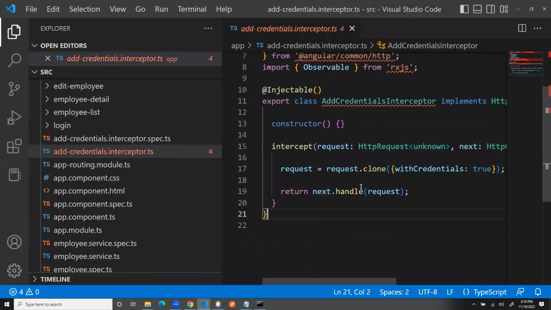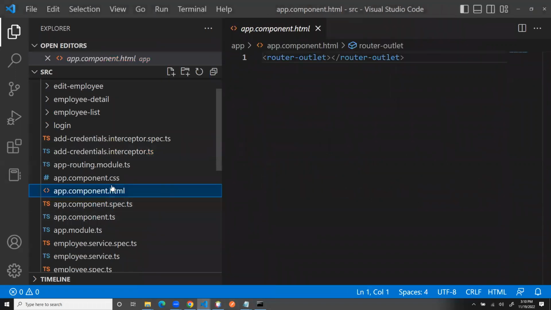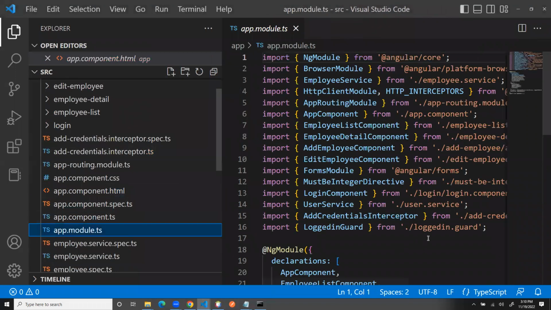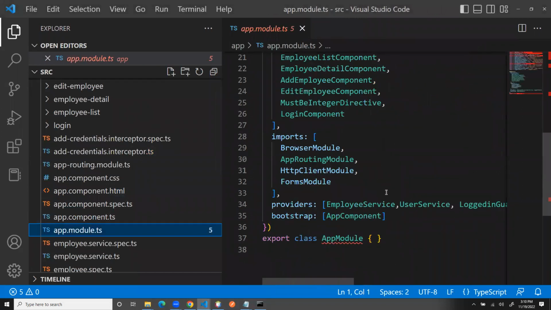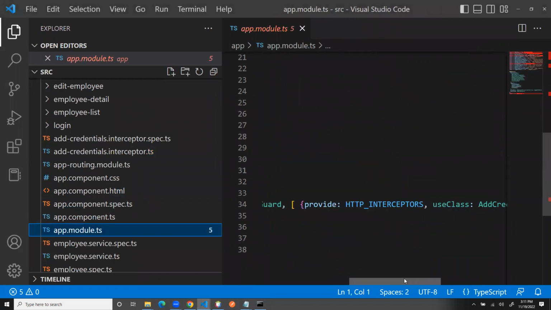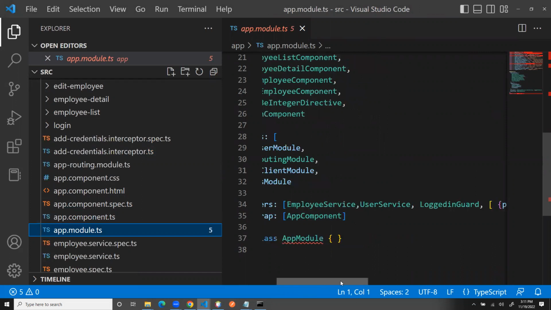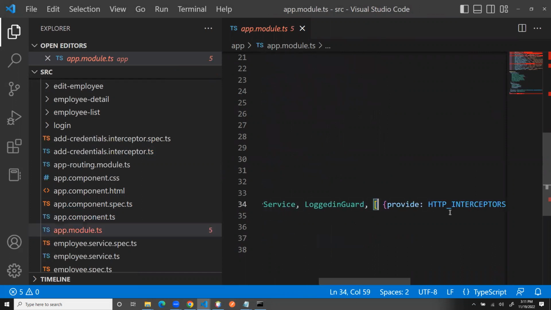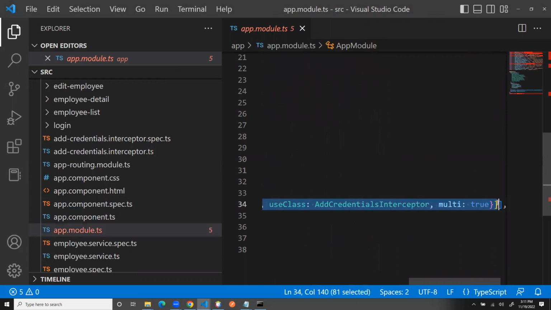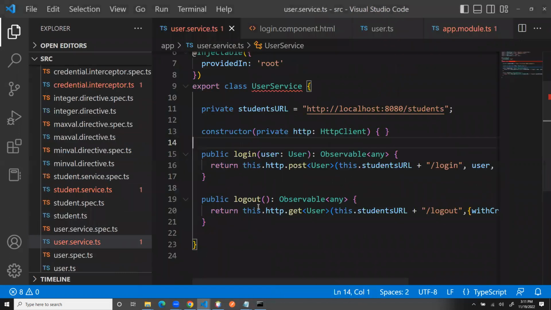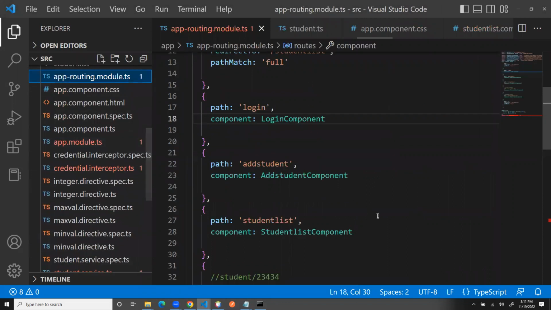Okay. Let's look at employee real quick. Did I put the app module there by accident? Employee services, we logged in guard, provide interceptors. We did that already. Oh, I didn't quite do this the same way. I feel like anytime you do something different, right? Anytime you do something different,